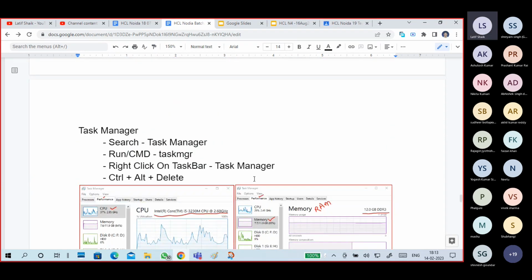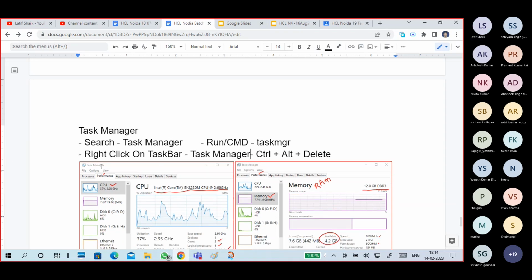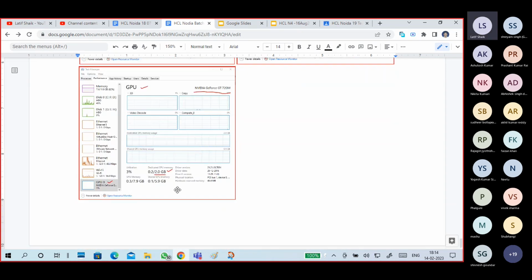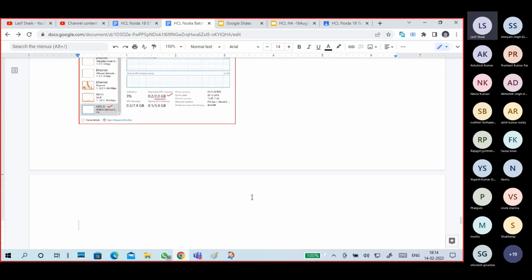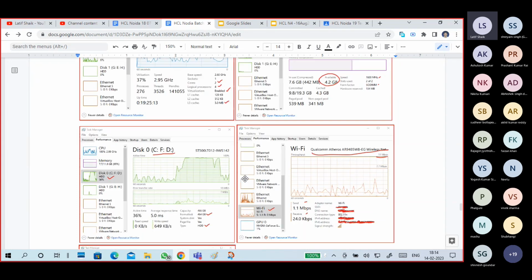Okay, this is how to check with Task Manager. For space purposes I managed that one, but still. Okay, now we got somewhat more space. Okay, yeah, this is good, somewhat good.